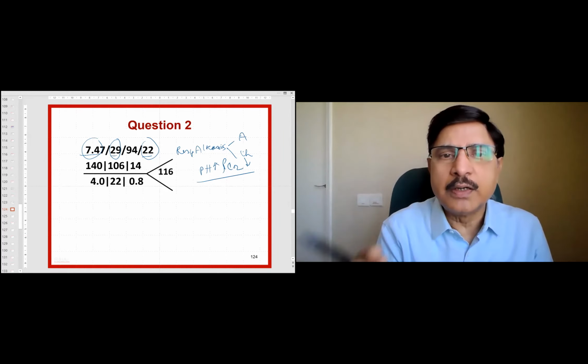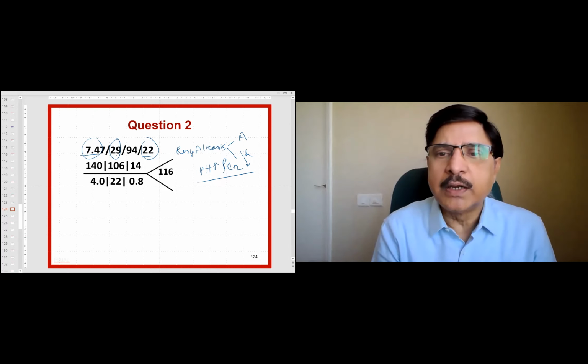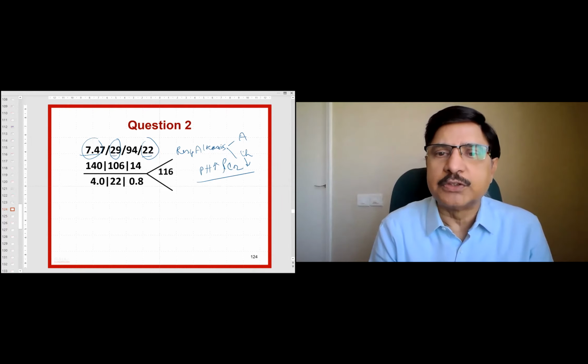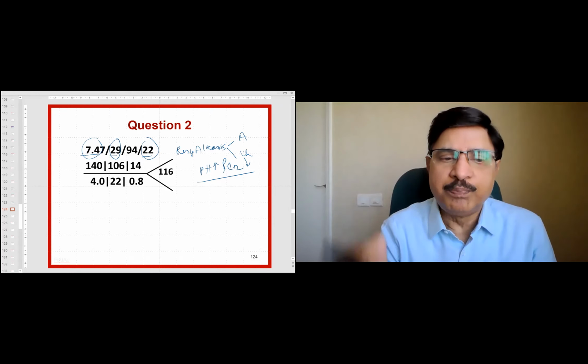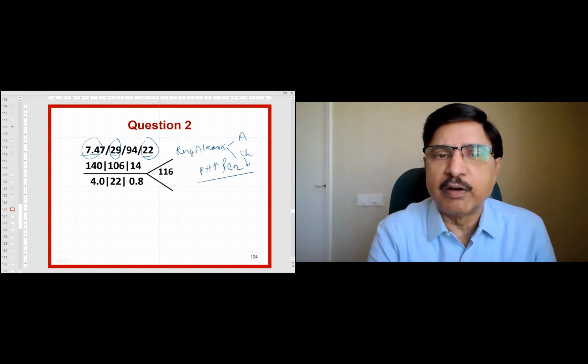It is not. It is on the other side, whereas the PCO2 is on the lower side because pH is higher. PCO2 lower means it is respiratory because they are on the opposite side. Respiratory alkalosis. Acute, chronic, we don't know now. We'll find out that acute and chronic and all.